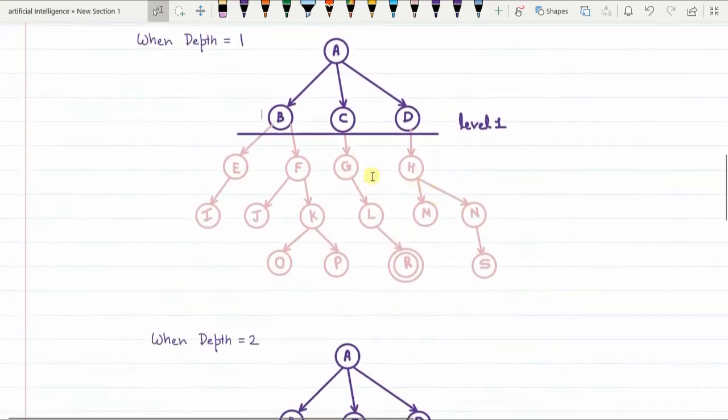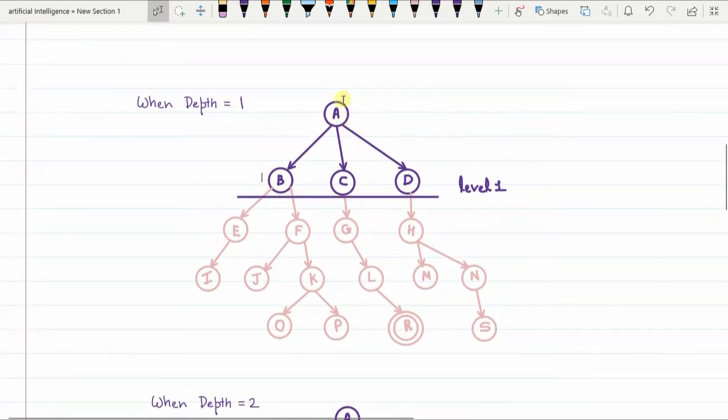So in the next iteration, when depth is equal to 1, only that part of the state space is visible which is up to level 1. Level 0 is visible, level 1 is visible, as good as saying that only this much of the tree is there. With depth limit 1, we perform a depth first search on this tree. Let us start with the depth first search procedure. First, A is the root node, and we find out whether A is a goal node. A is not a goal node, which means A can be expanded further. A has 3 child nodes: B, C and D.